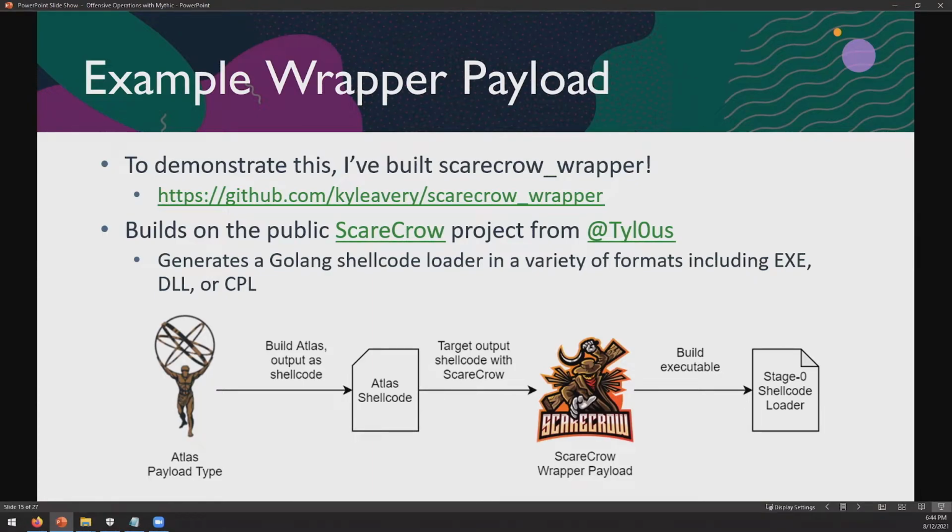You've got to build it and make sure that you have all the dependencies and things correctly. You've got to remember all the command line flags for Scarecrow, or you've got to read the README. And not to say that that's impossible, right? That's a lot of what I do, remembering how to use tools and installing them and things. But it's just one more step for an operator